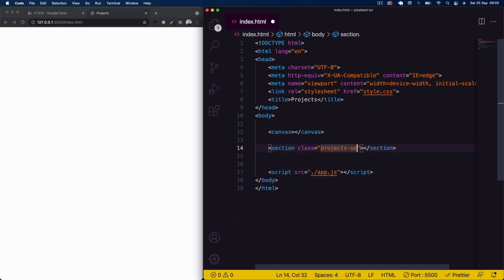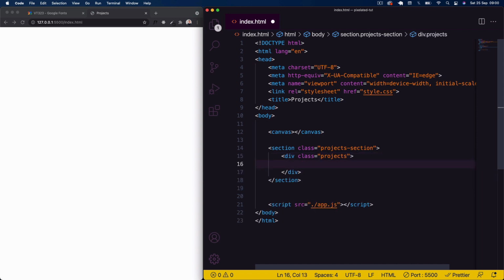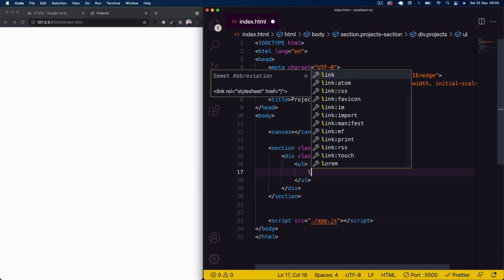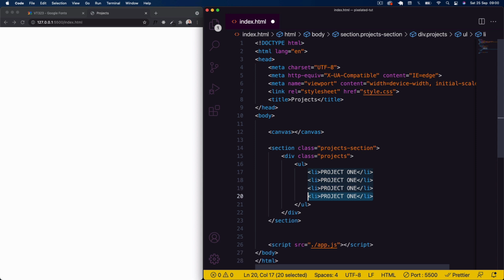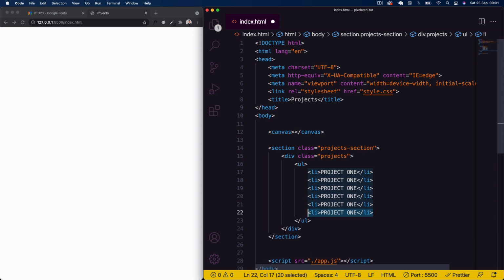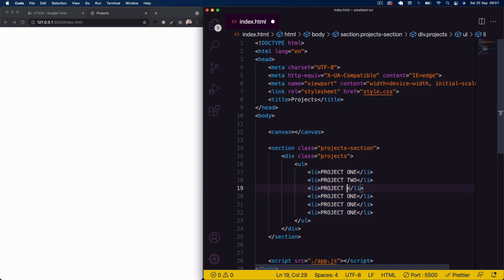projects section like so. And then in this section, we're going to have a div with a class called projects. And then coming into this div, I'm just going to have an unordered list, and then we're going to list out our projects here. Okay, so we'll just say li, and I'll just say project 1 for now. Again, name these relevant to your projects or your links, whatever you want to use this kind of list for. Okay, so we'll have 6 links in total, or 6 projects rather. Just rename these